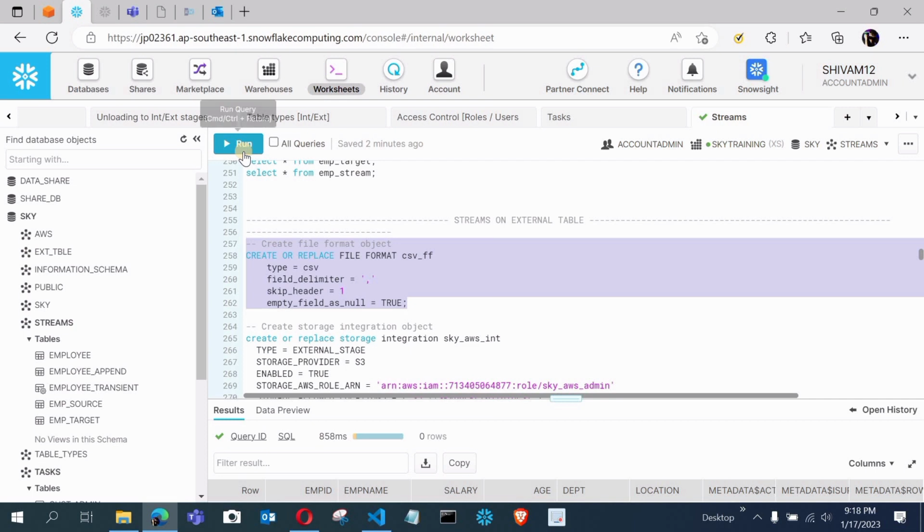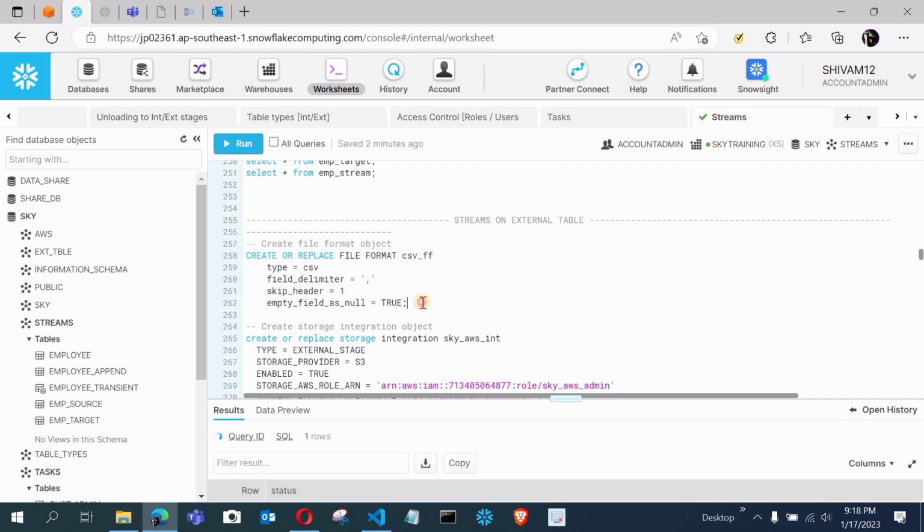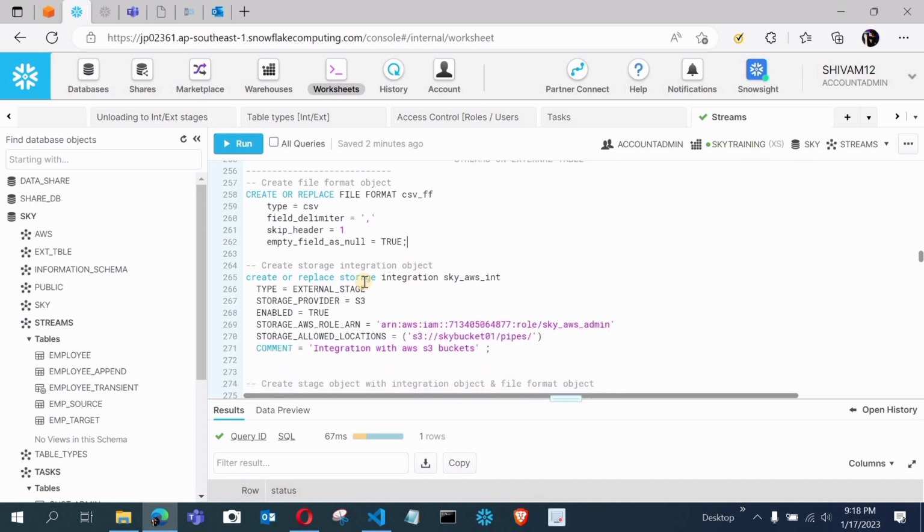Let me execute and let me create a file format first. Okay, we will not be explaining these things because this is basic syntax of the file format. And now we will just create a storage integration object, and there is a link in the description box for